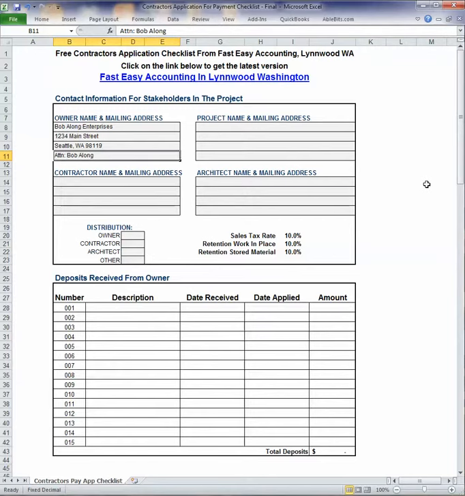So whatever you put here is what will show up in the contracted application for payment. So for example, if you wanted to use Mr. Bob Long, or how you want to put it, that's what it's going to show up as. Now the project name is how you and or Bob Long Enterprises identifies a project. I'm going to say this is a restaurant remodel, and this restaurant remodel is taking place at